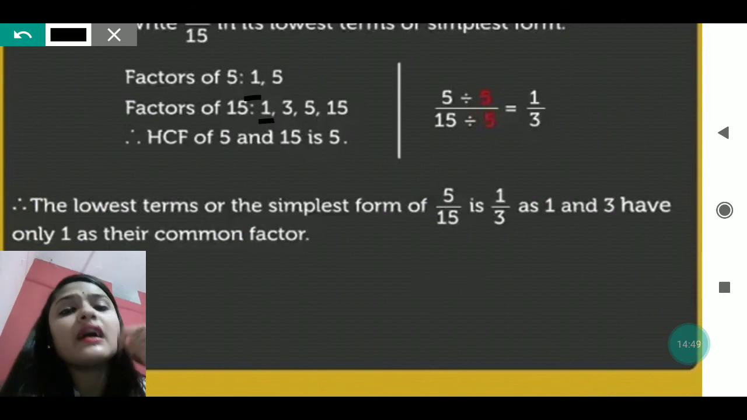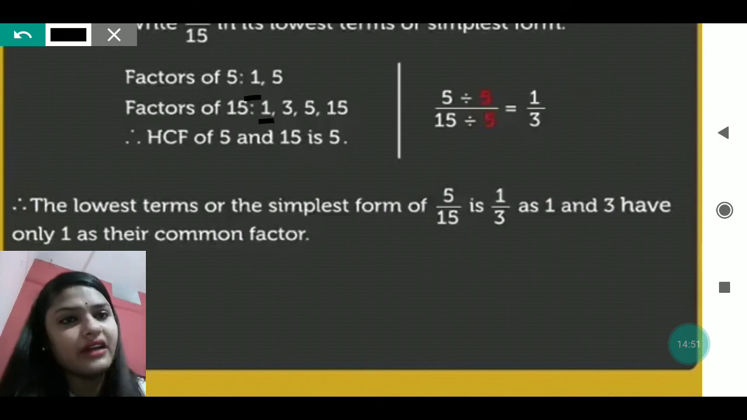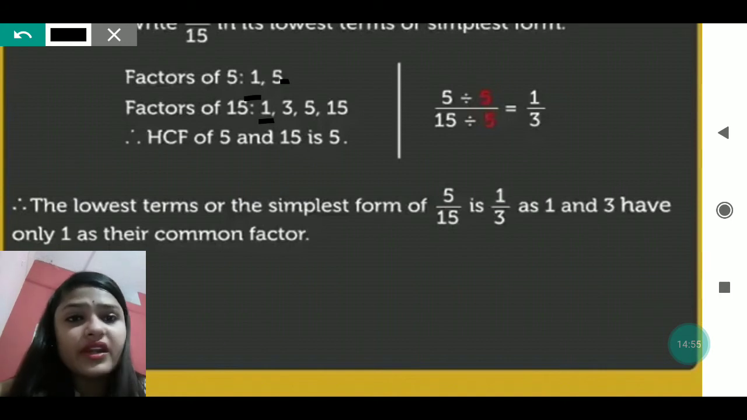So which is the other common factor after 1? The other common factor is 5. So we will divide both by 5. So 5 divided by 5 will be 1 and 15 divided by 5 will be 3. So what are you getting? 1 by 3. The lowest term, the simplest form of 5 by 15, is 1 by 3, because